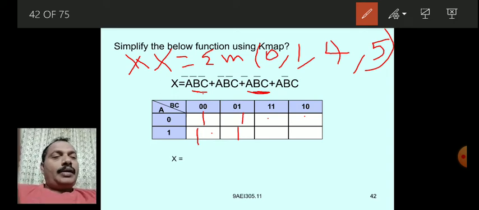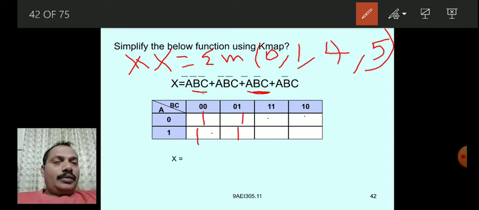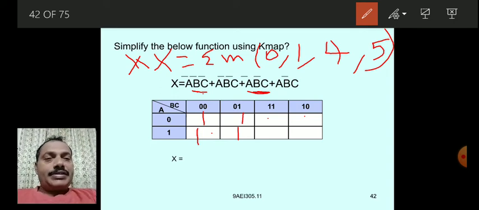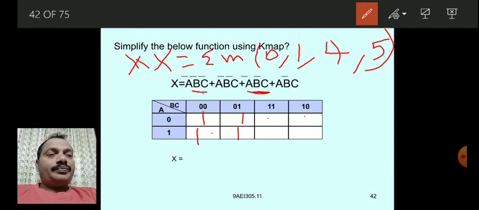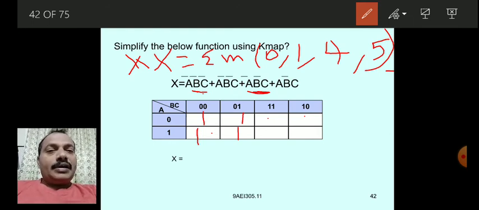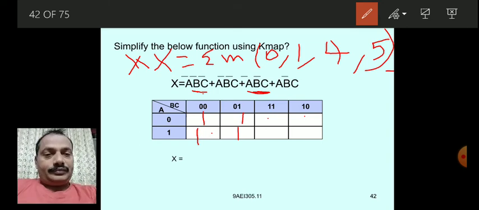Now, once a Boolean expression is given, we write it in the form 0, 1, 4, 5, which is easily suitable for filling the K-map.